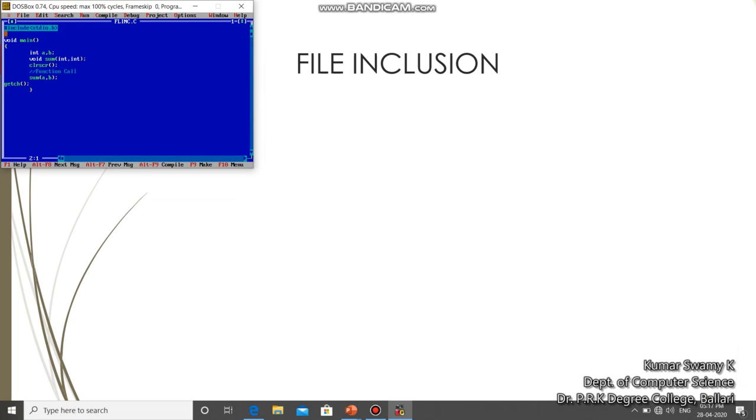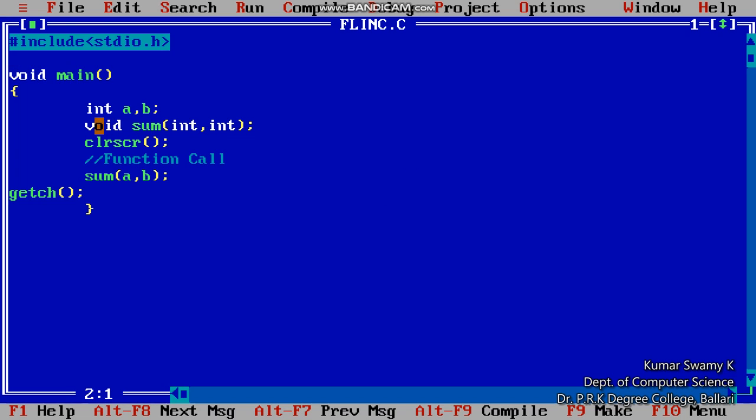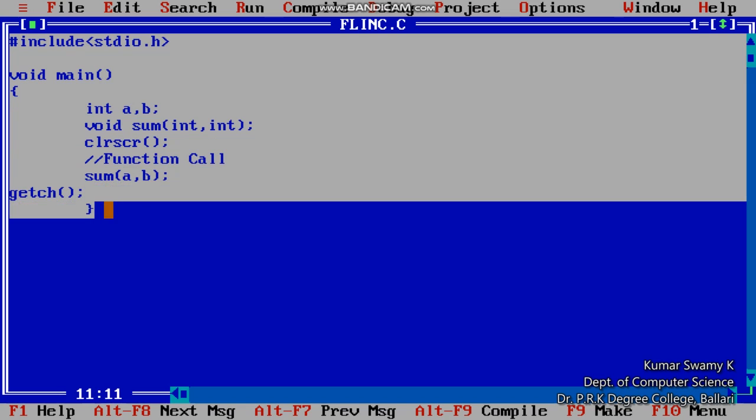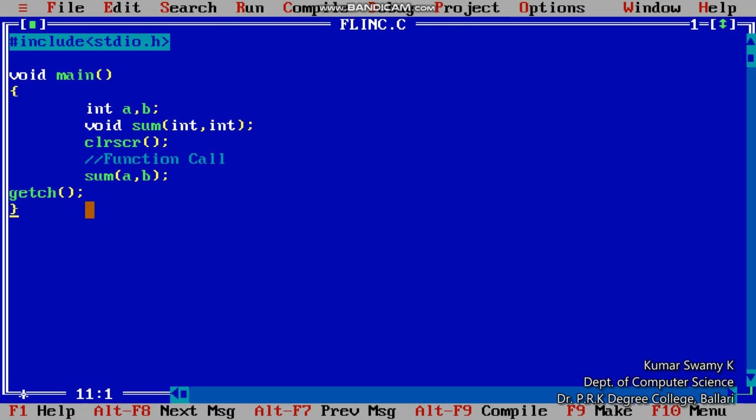Let us look at this program. In this program, I have written a small block of statements in which I'm going to call a function, sum, which has two parameters.